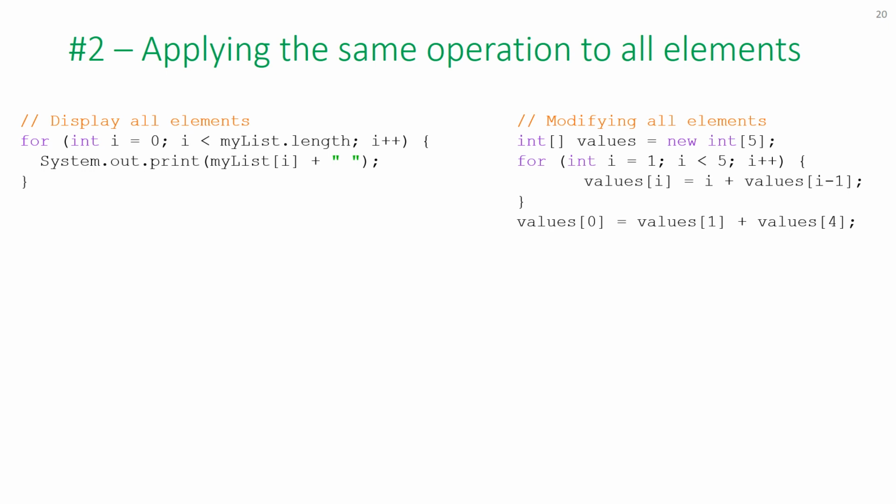When I start with 1, I'm going to say values index 1 equal 1 plus values index 1 minus 1, which is values index 0. That's the first element of the array, and that's going to work. But I never did anything to the element at index 0. So here it is. After the loop, values index 0 equal values index 1 plus values index 4. It's completely arbitrary what I decided to do here, okay? And it doesn't matter